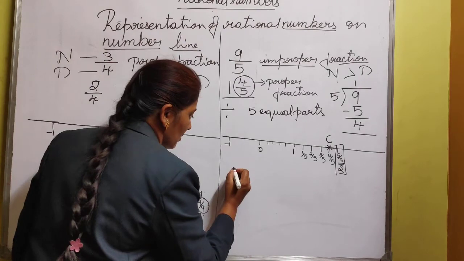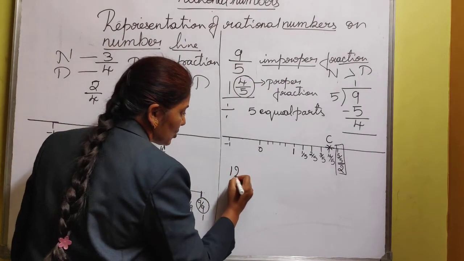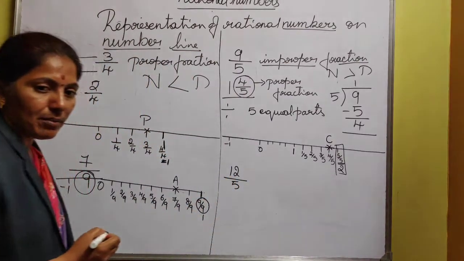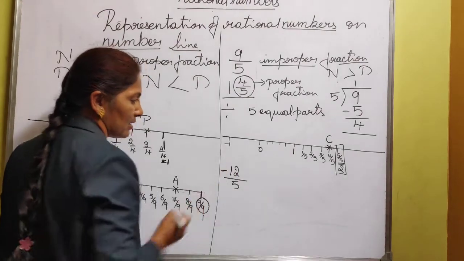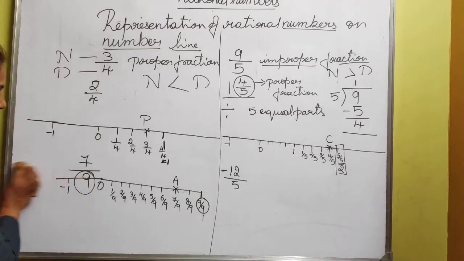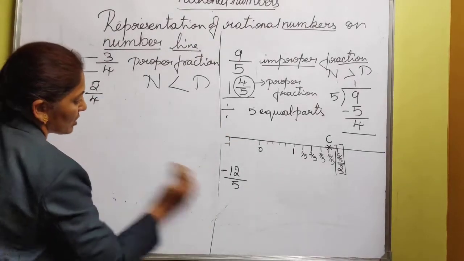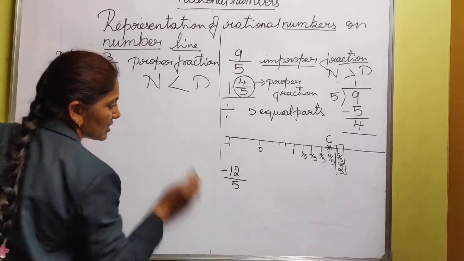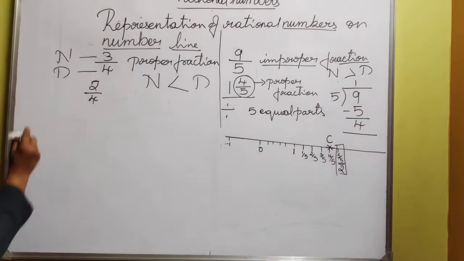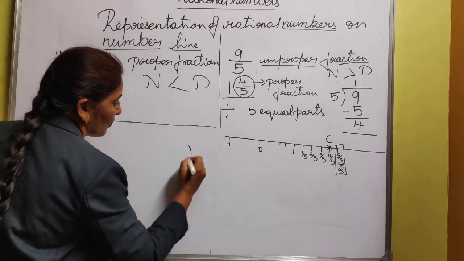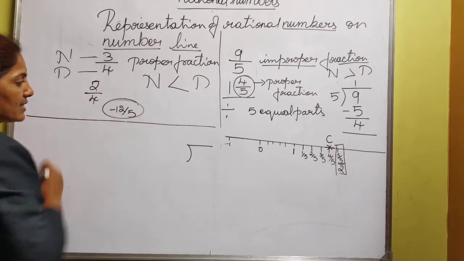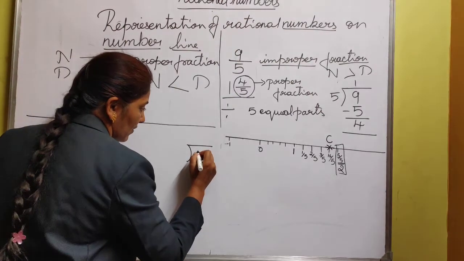We can consider one more example. Say I'll consider 12 divided by 5, negative. Okay, we'll find out whether we can represent this on the negative part of the rational number line. I'll just show you here. Hope you have understood: whenever it is given to you as an improper fraction, what do we have to do? We have to first divide. So I am going to consider the rational number 12 by 5. This is the example I am going to consider. So 12 by 5. First divide.